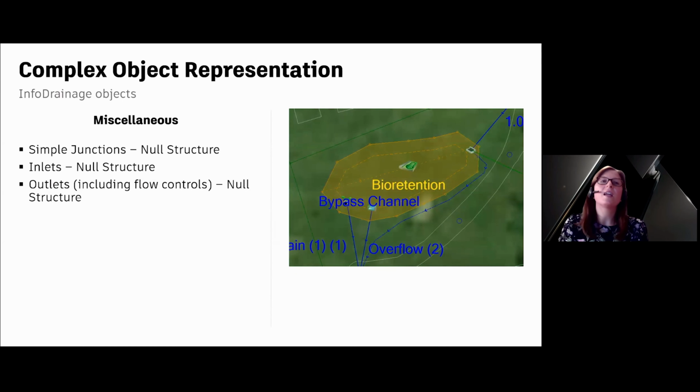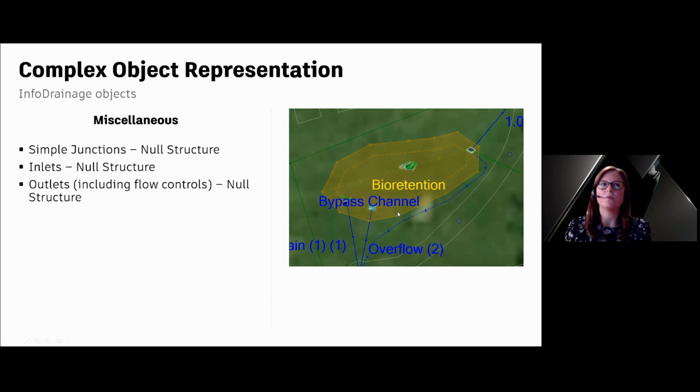In addition, we have a few other objects that have to be represented by null structures that aren't connected to a particular object within Civil 3D. So if we look at this bioretention area, for example, the inlet and outlet location is likely to be a physical structure.